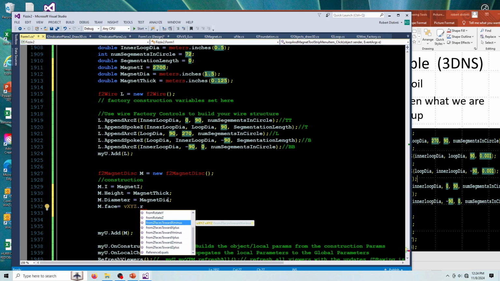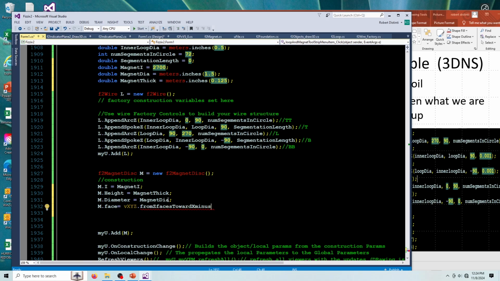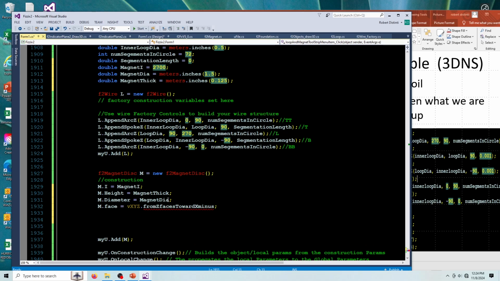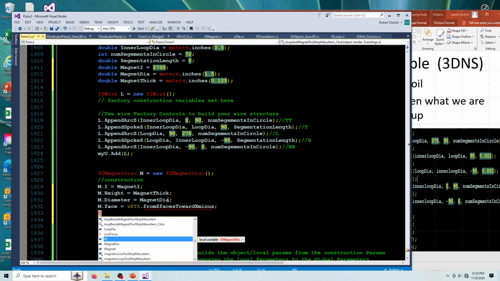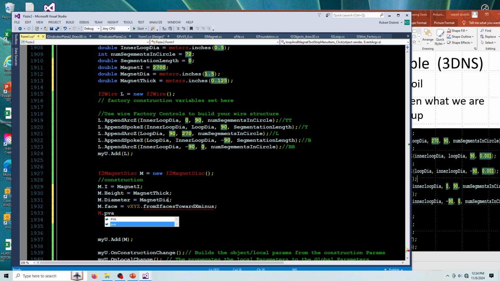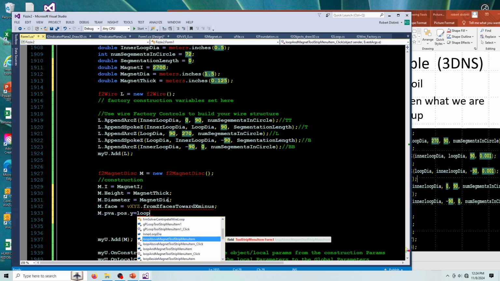Z faces toward minus x. Okay, and then we want to move the magnet dot PVA dot position toward the y-axis, y equals loop diameter